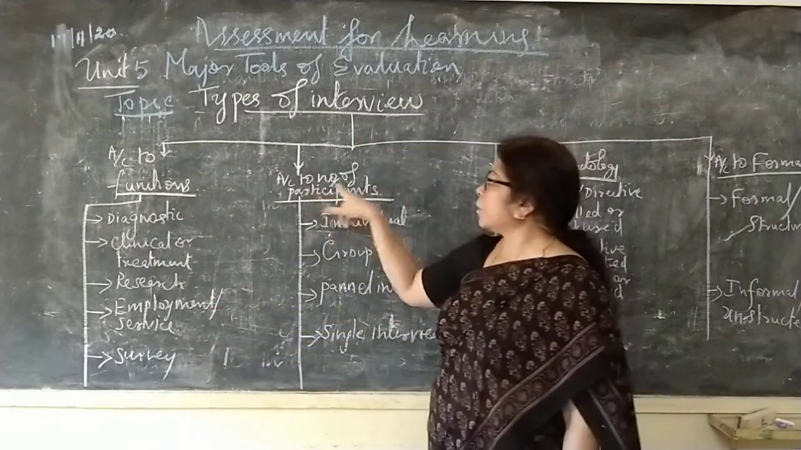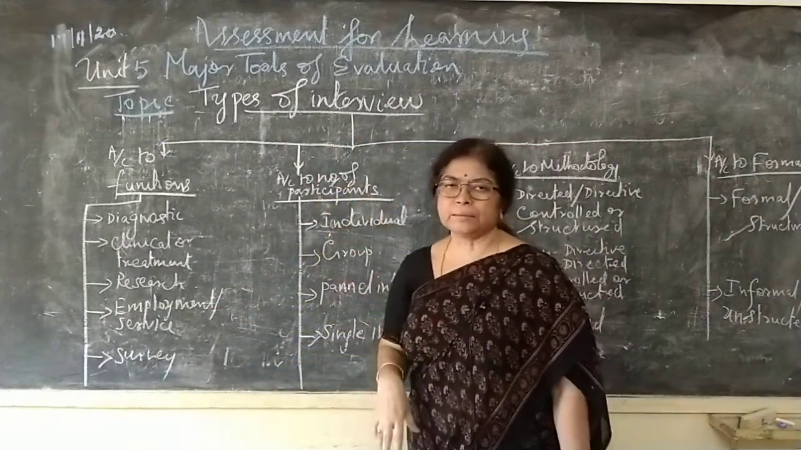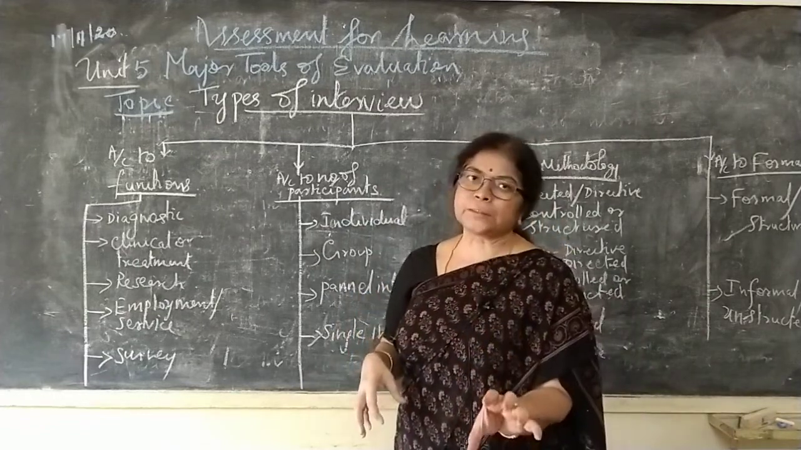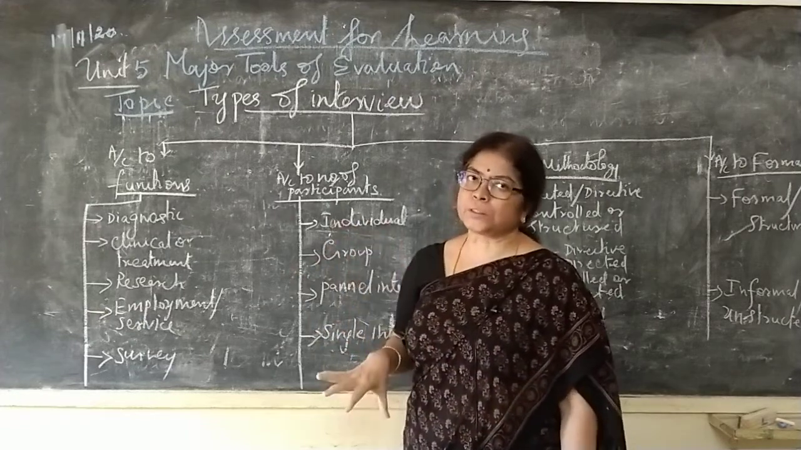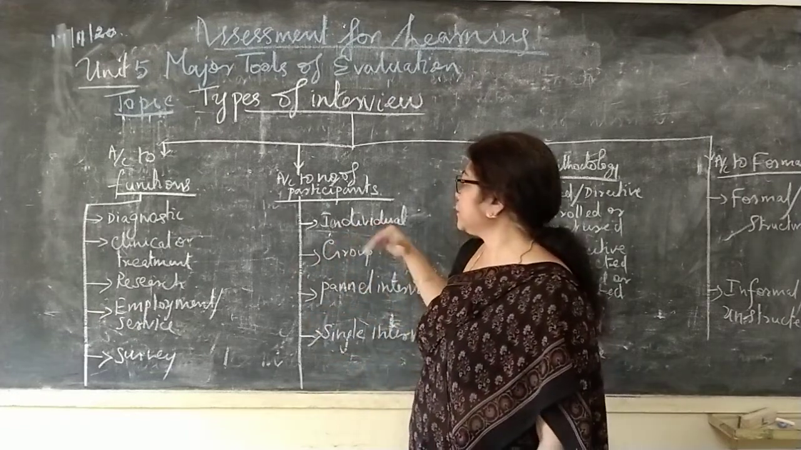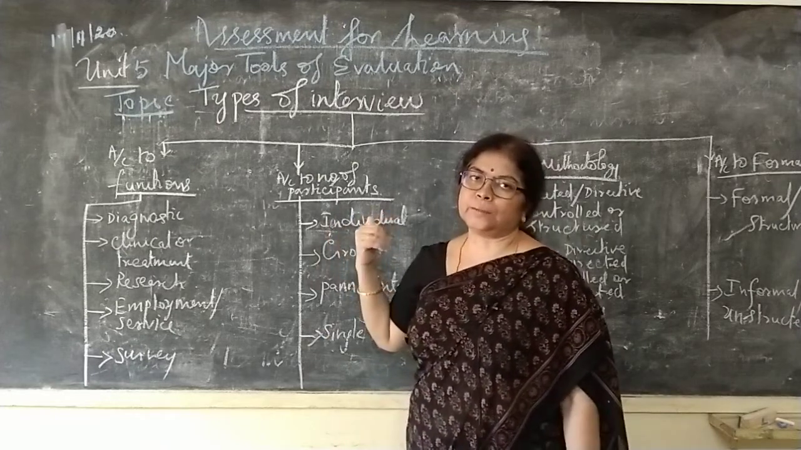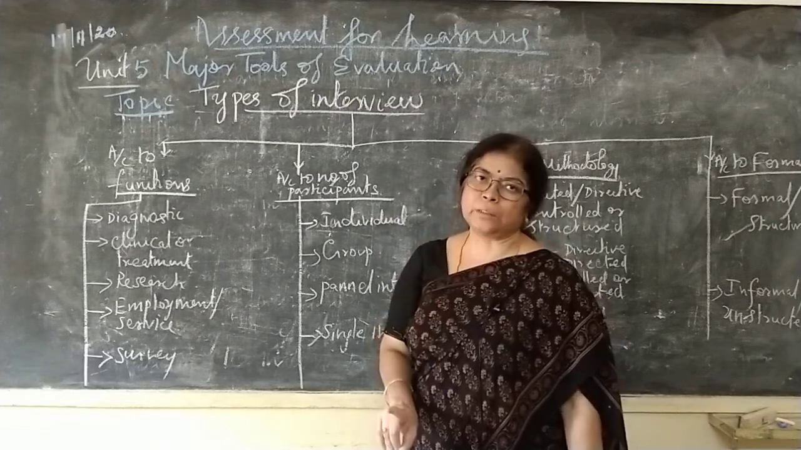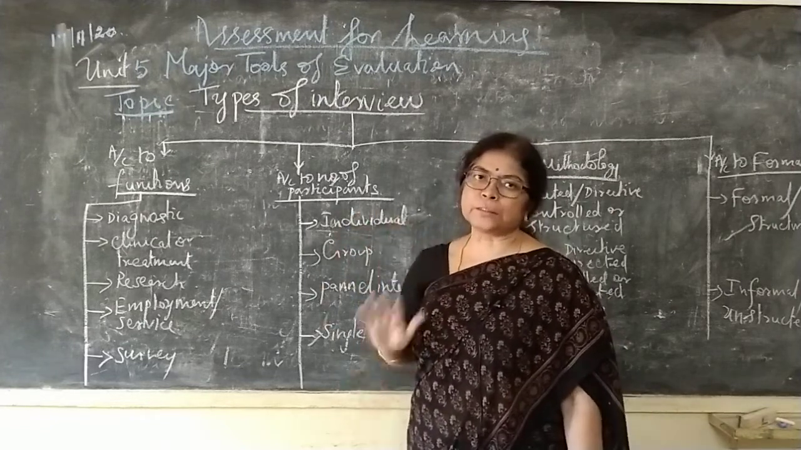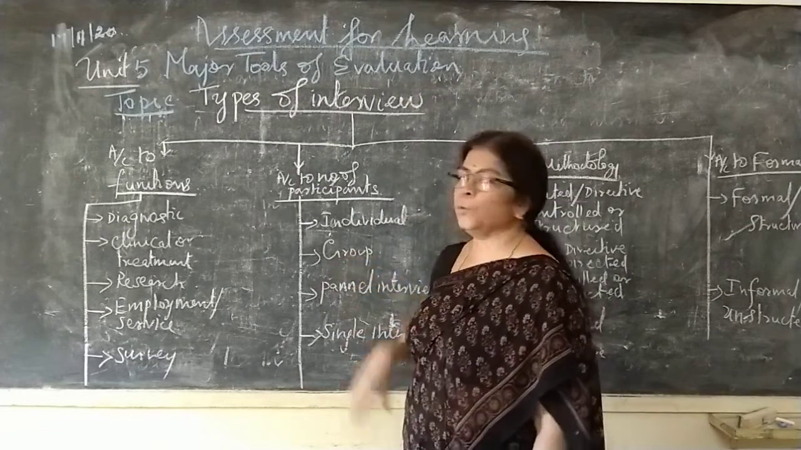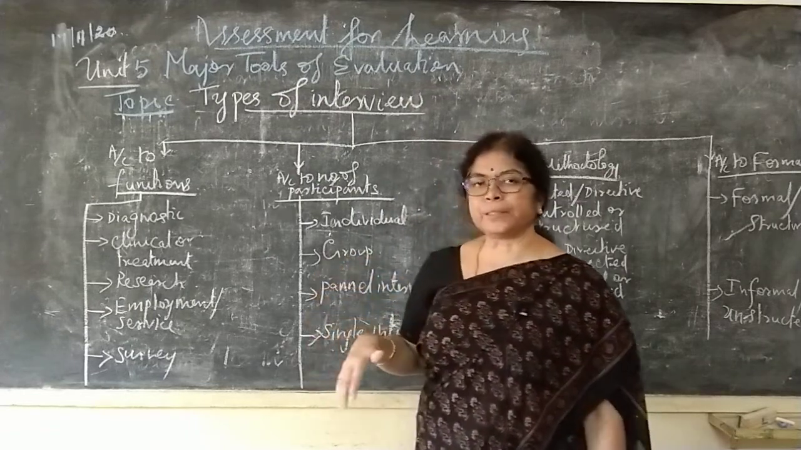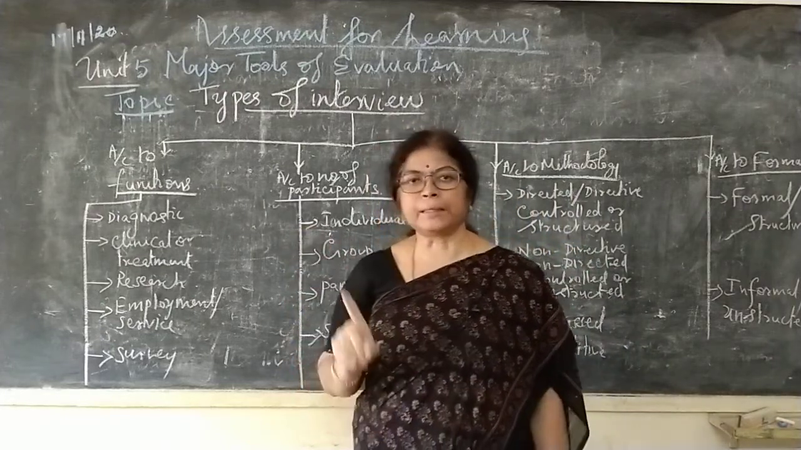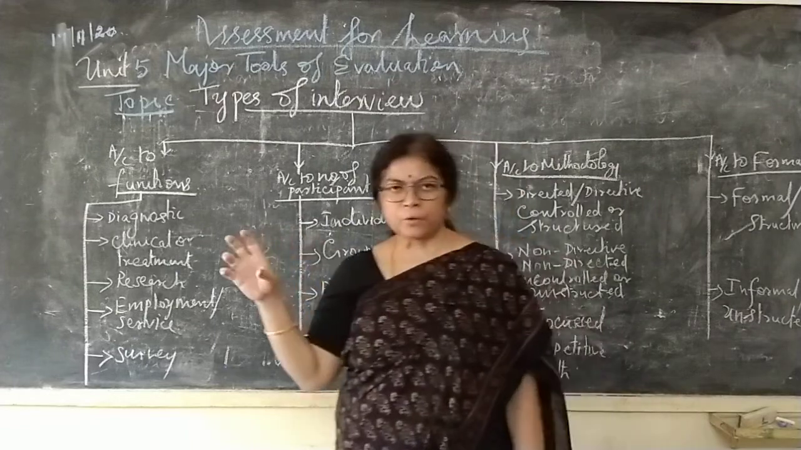Next one is according to the number of participants in the interview. The number of interviewees as well as the number of interviewers may vary. The first one is individual to individual. Okay. Individual interview means only one person, interviewee is individual as well as interviewer is individual. Okay. Next is group interview. Group interview means the interviewer may be only one person, he may call 5 students or 5 people,